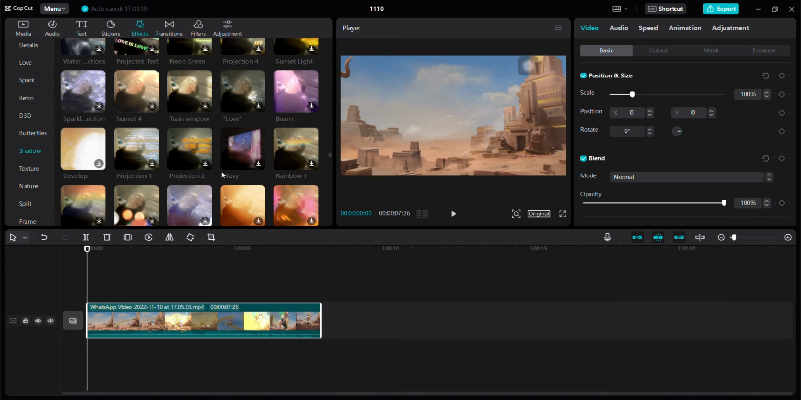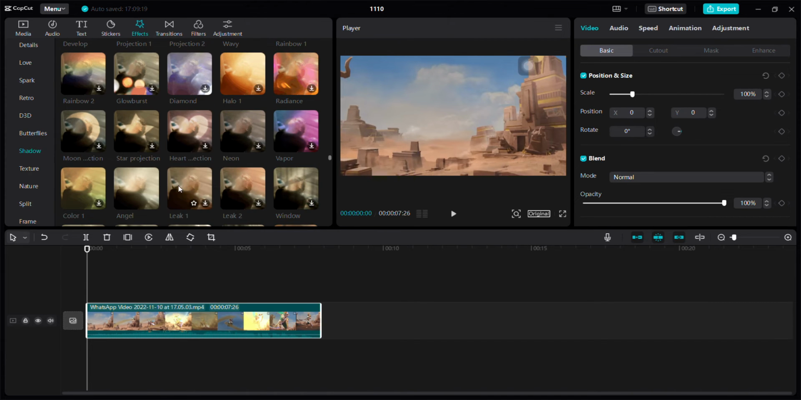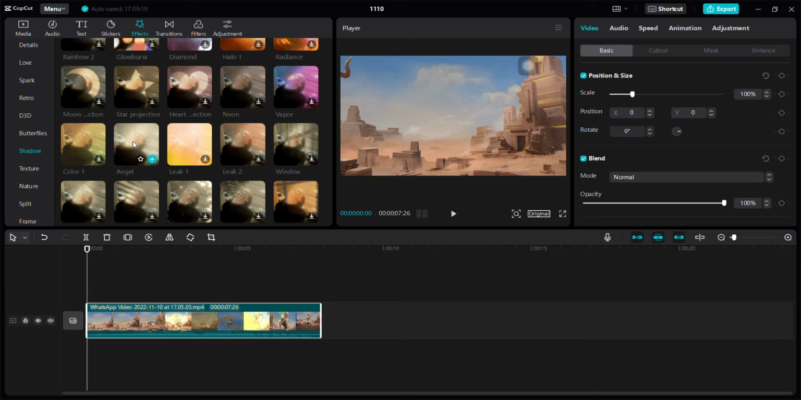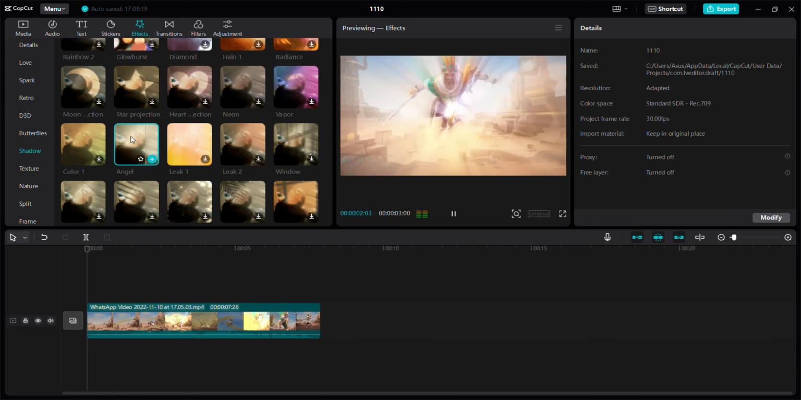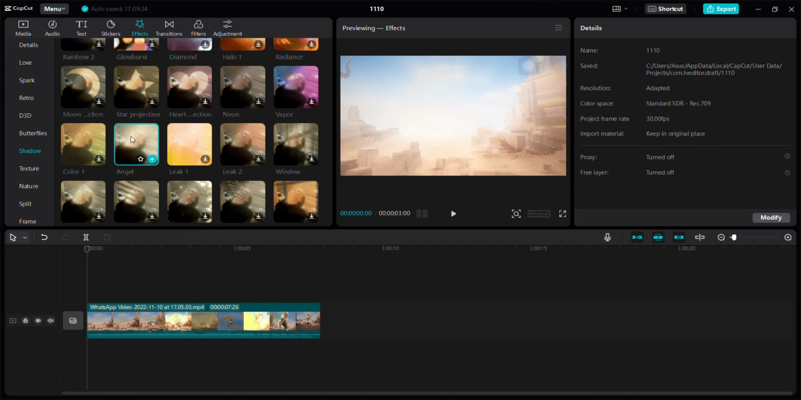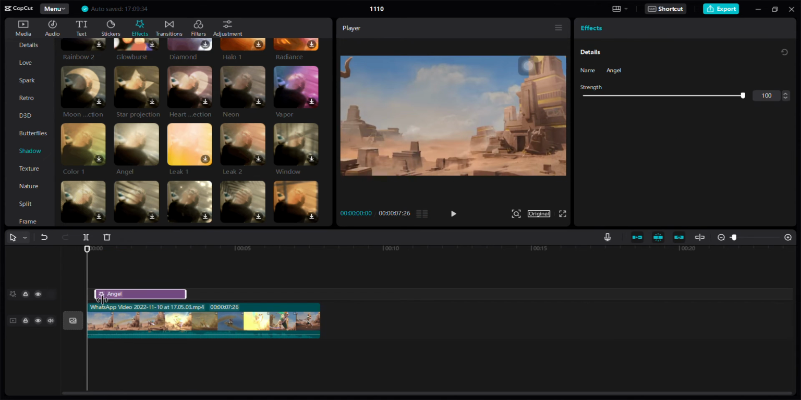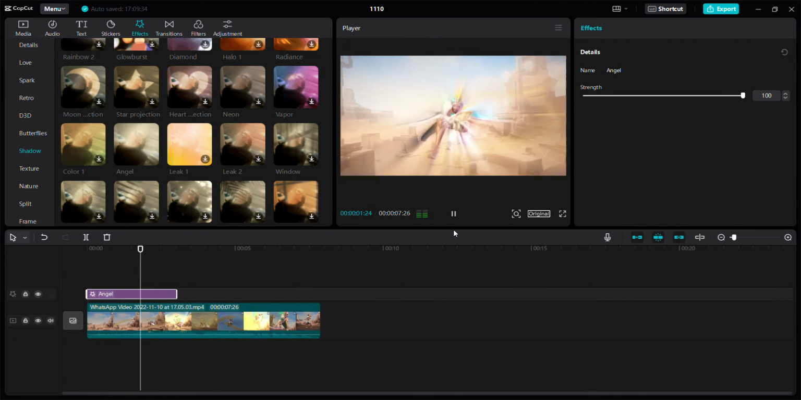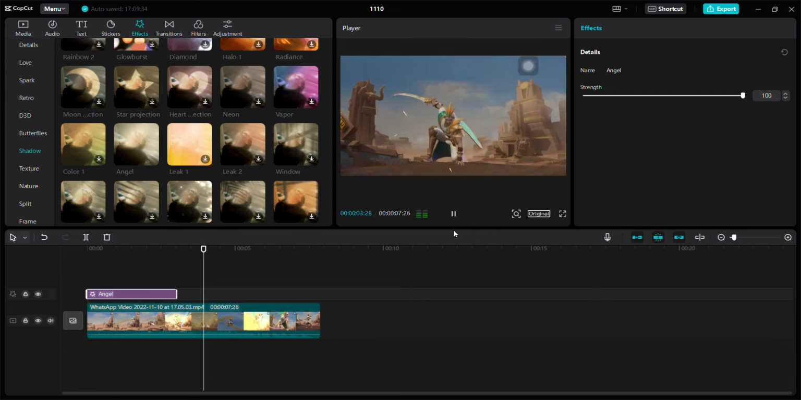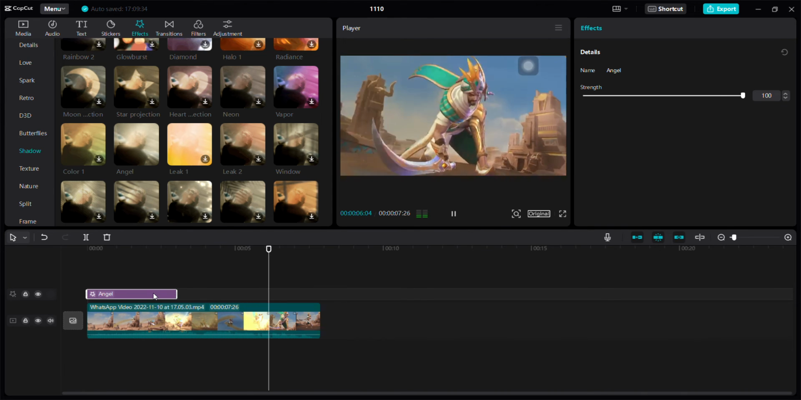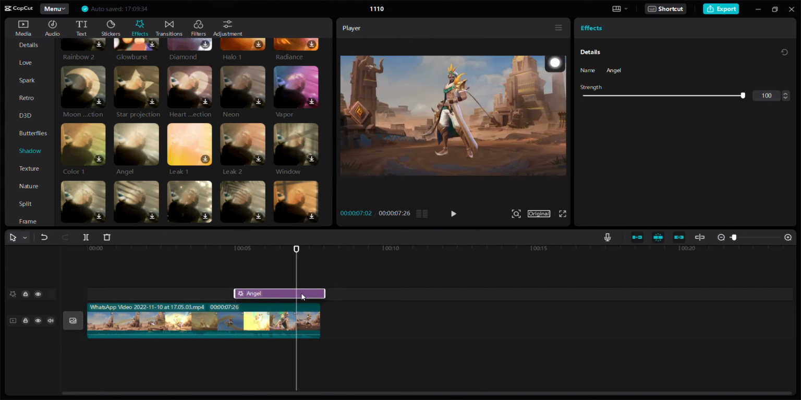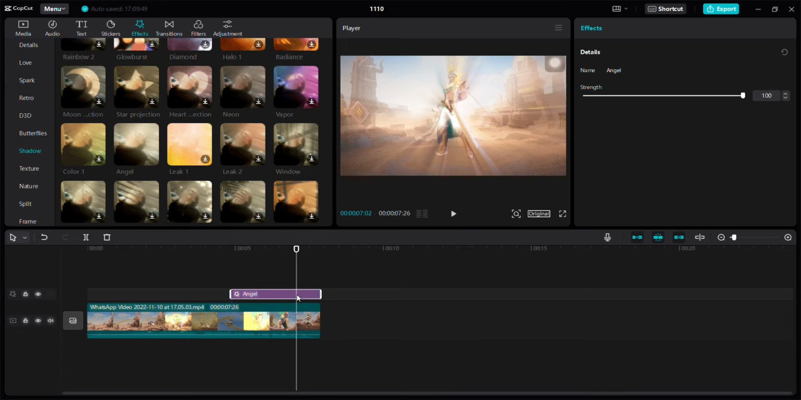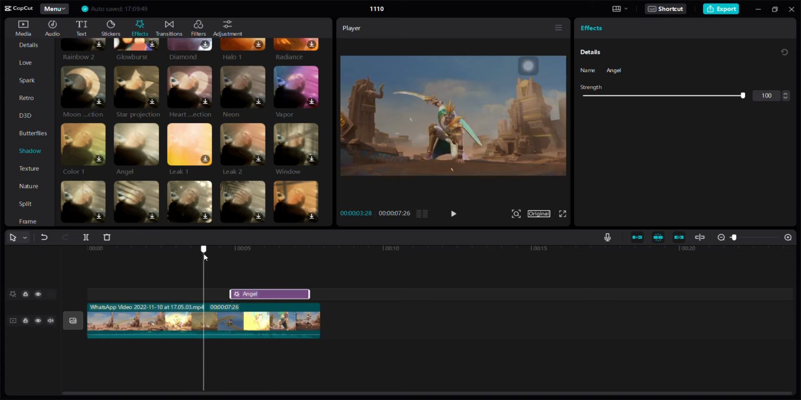And select angels. Okay, angel like this, and you can drag here. You can adjust or position like this. For example,